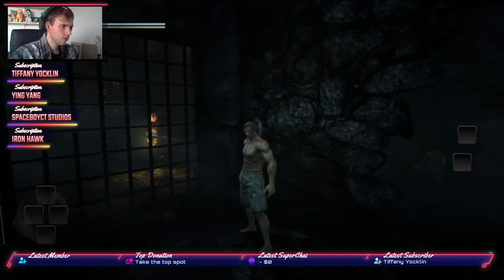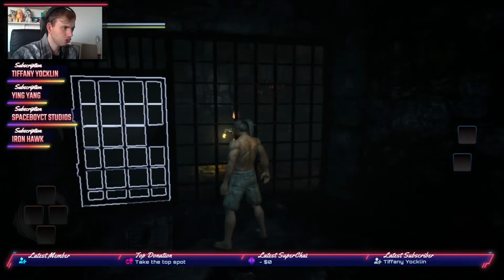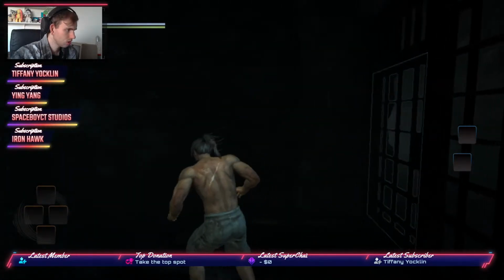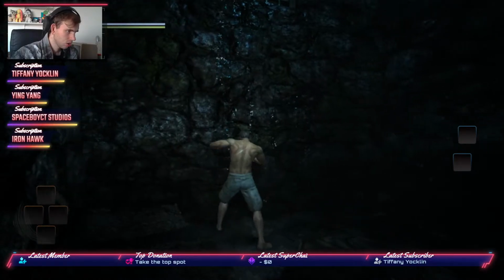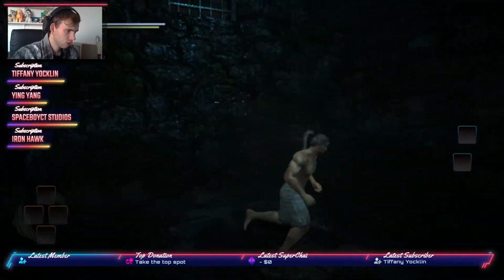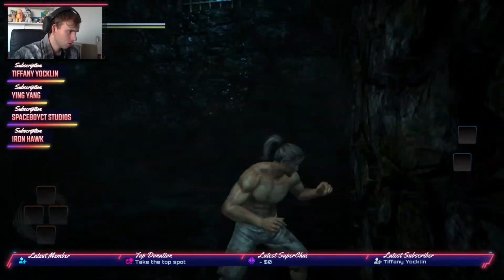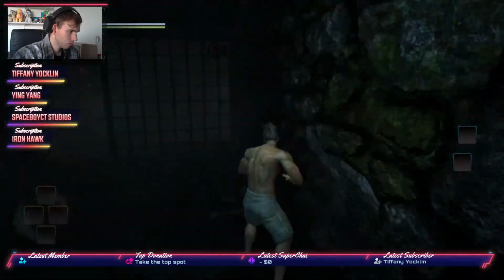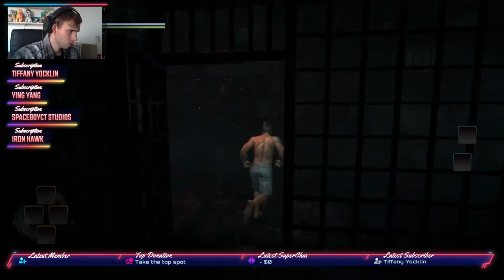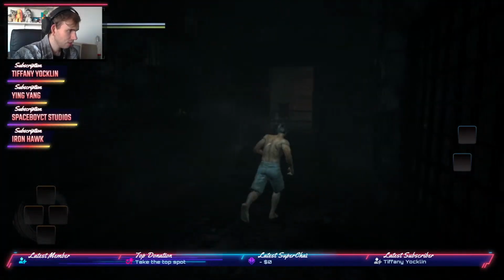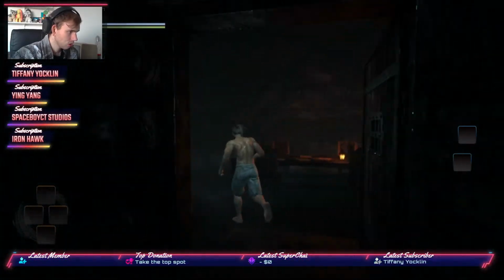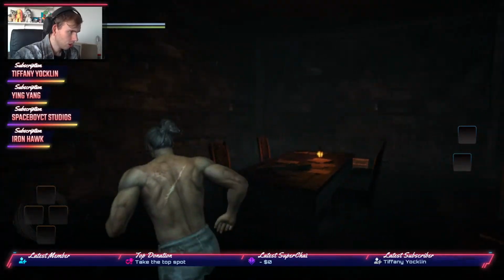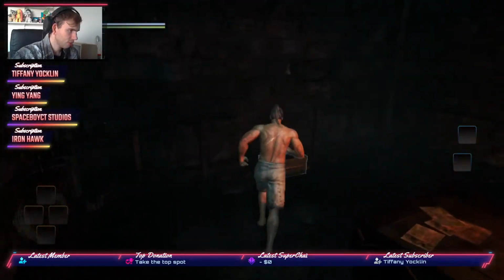I literally have no idea what the hell I'm supposed to do here. Okay, let's just get the heck out of here and hope that I can actually find something good out of